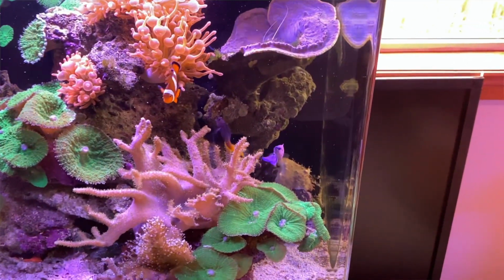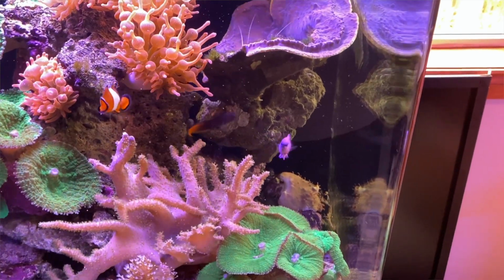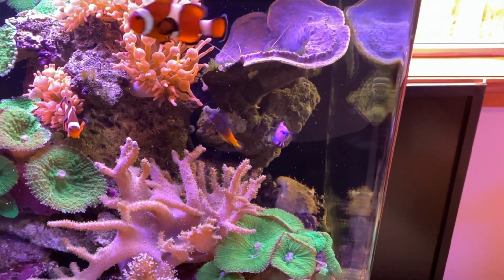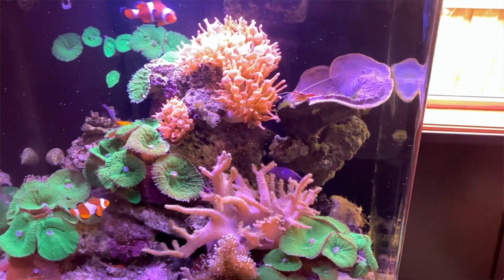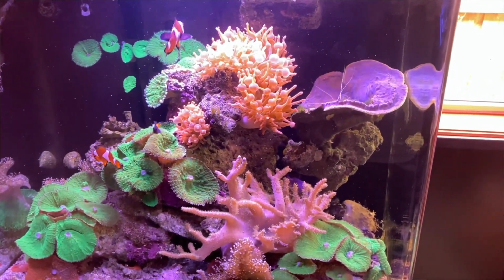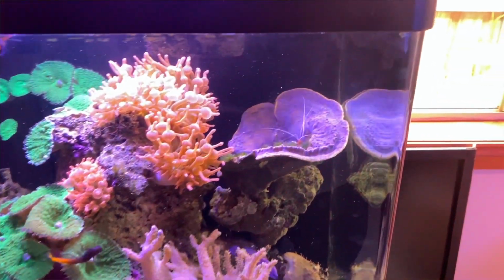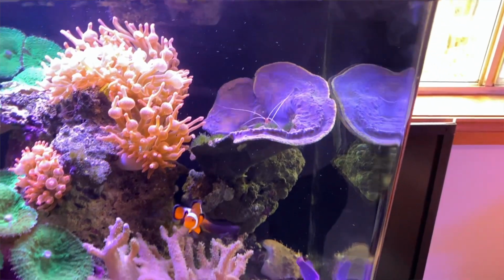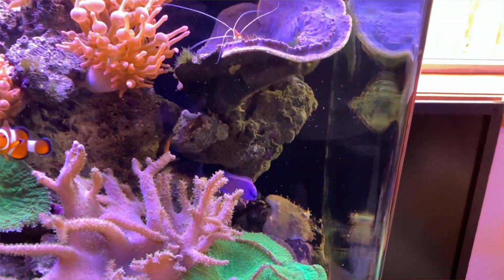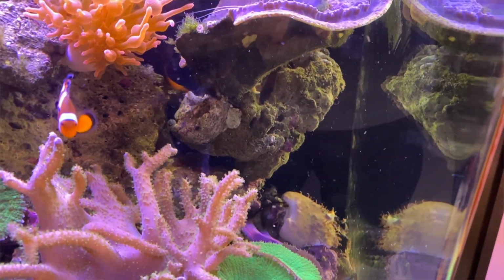Other than that, all of the corals in this system are absolute giveaways. They were pieces that were given to me, with the exception of my frosted rose bubble tips, which I did spend an arm and a leg on many years ago to get the first one. But I am really pleased to say that I've harvested probably around 80 to 90 from this system in that time, and sold them at a pretty penny, so it's actually paid for this tank and a whole lot more